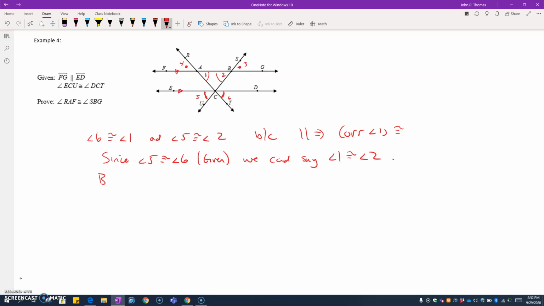By vertical angles, angle 3 is congruent to angle 2, and angle 4 is congruent to angle 1. Thus, we could say that angle 3 is going to be congruent to angle